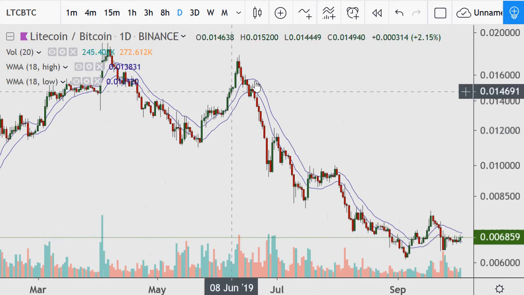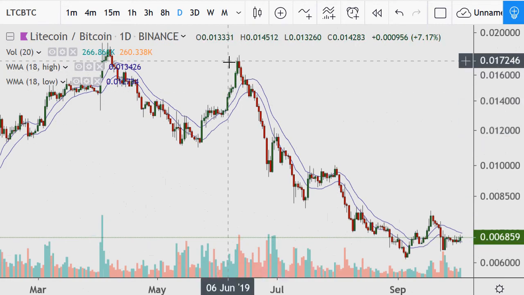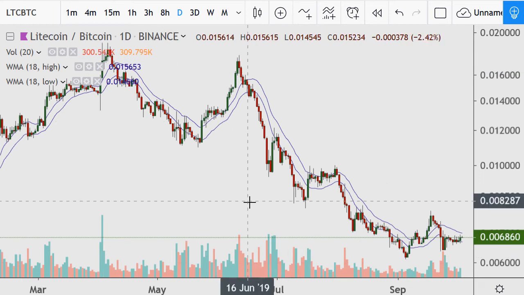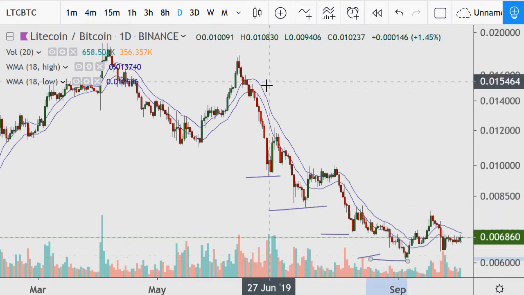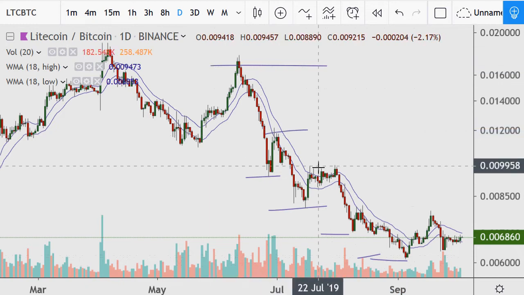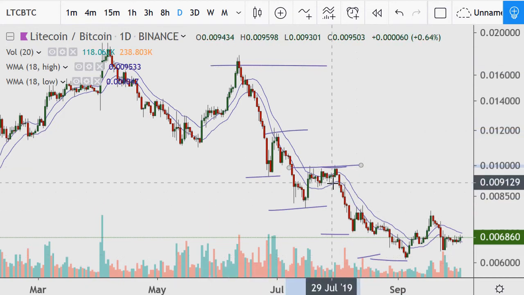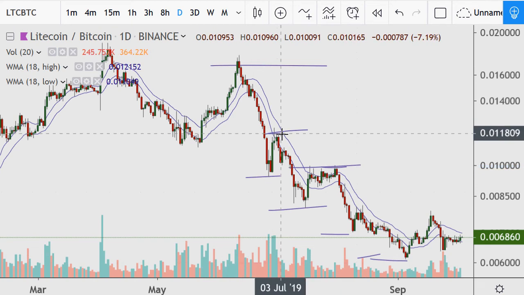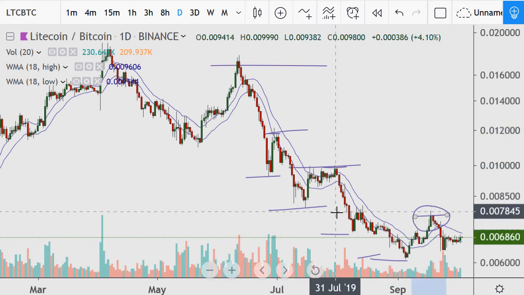Next up is Litecoin, and we can see on this failed breakout, it's just been a long plethora of lower highs and lower lows. 1, 2, bing, they're all there. So some highs, we got this, and you could use the 18 average of highs. Even this, I know it didn't hit it here, but even still, this was a good move, but it's still not greater really than this one.